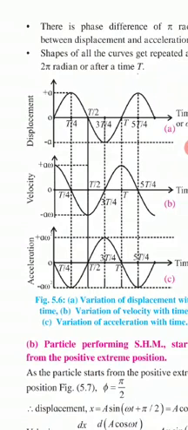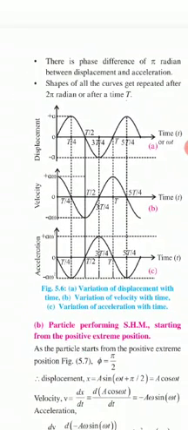That is pi by 2. And one more thing, the phase difference between displacement and acceleration. See graph A and graph C, the phase difference between them is pi, because when we see the first extreme position, it will be at 90 degrees positive, and here it will be at 90 degrees but at negative. So the phase difference between them is pi, which is 90 plus 90, which is 180. Fine. So these are the conclusions.